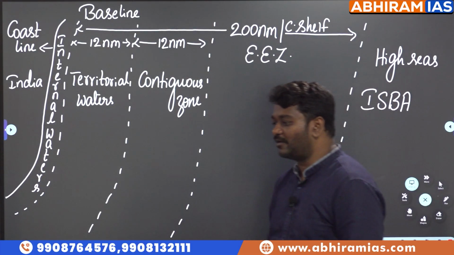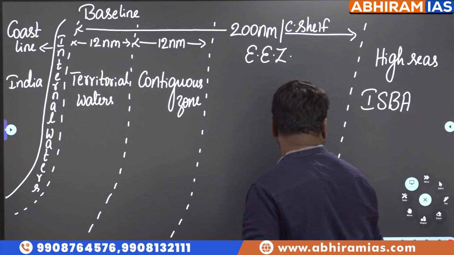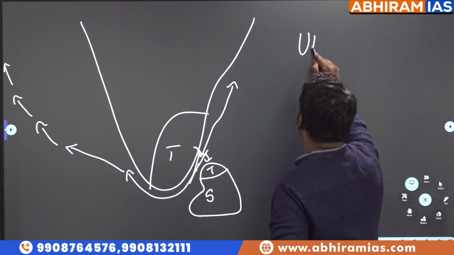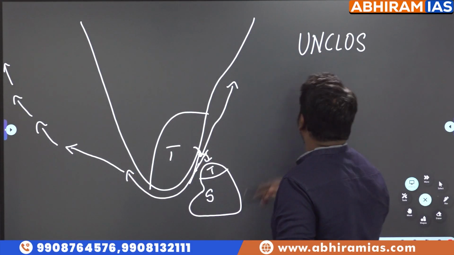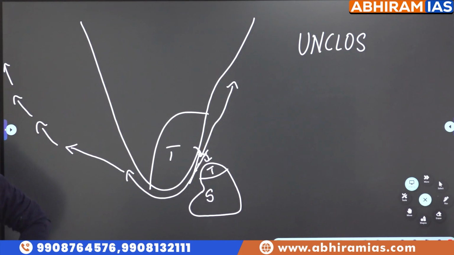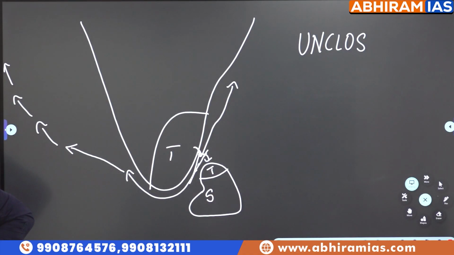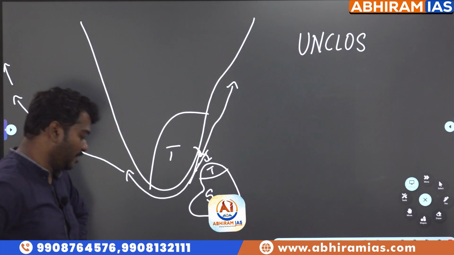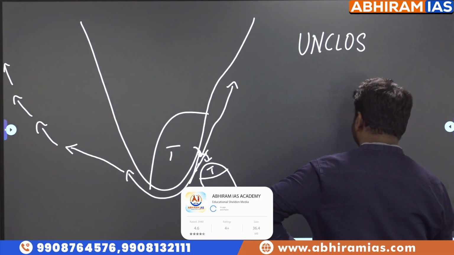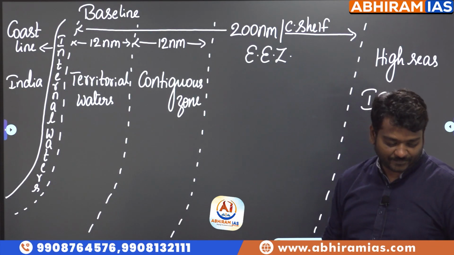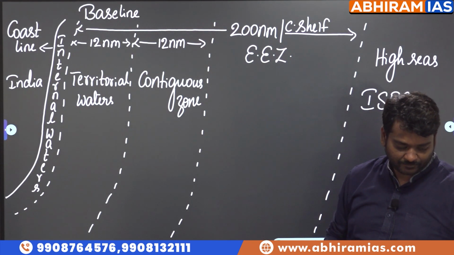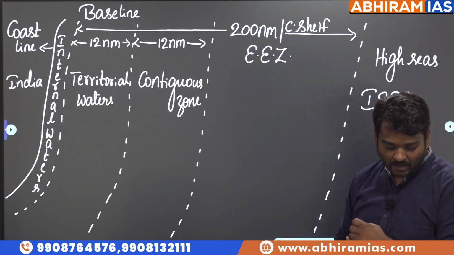Okay. So you write law of the sea below this. According to UNCLOS, United Nations Convention on Law of the Sea, maritime boundaries of the countries are divided into: